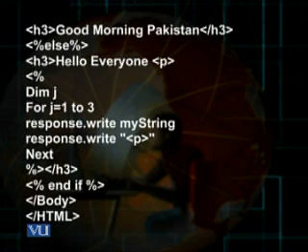Therefore, the words e-commerce would be written thrice, the third time. Then there again would be a paragraph tag, line break, line space. And since I have in the for loop j equal 1 to 3, this loop would only run for 3 times, and 3 times the word e-commerce would be written. And then the heading closed, end if closed, body closed, HTML closed, and the result would somewhat look like this.